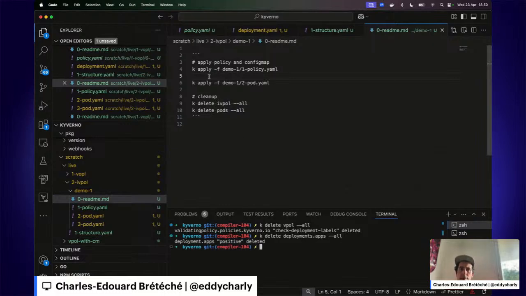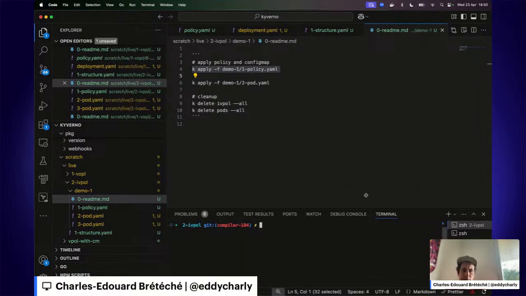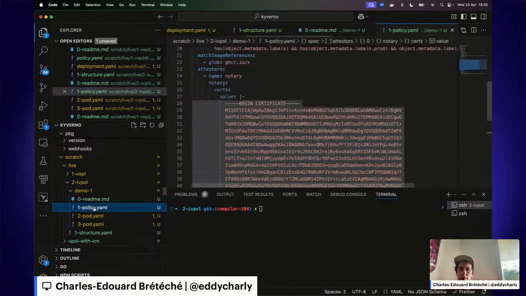Okay, we don't have. In this case, we are going to apply an image validating policy, this one.